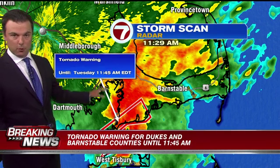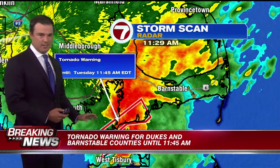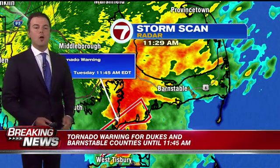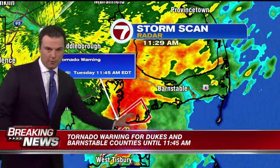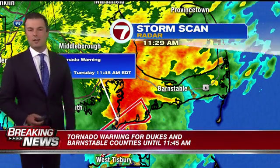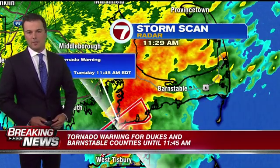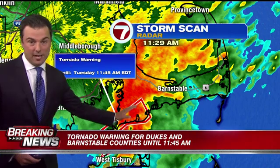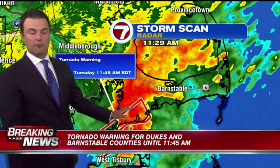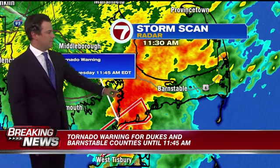Now, the severe thunderstorm warning was just dropped because it's essentially replaced by a tornado warning over the next 15 minutes. So even if you're not in that core of the rotation that we were showing you, you can still get a gust of 40, 50, 55 miles an hour to produce tree damage. Now, outside that area of rotation, outside that warning, you're getting a tremendous amount of rain in a short amount of time. Areas of Falmouth up to